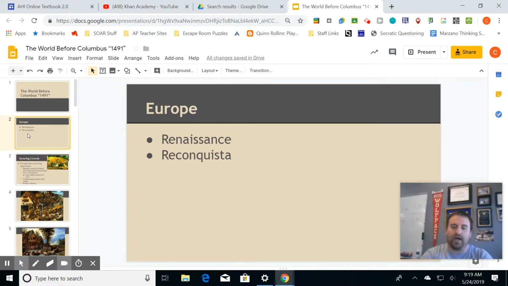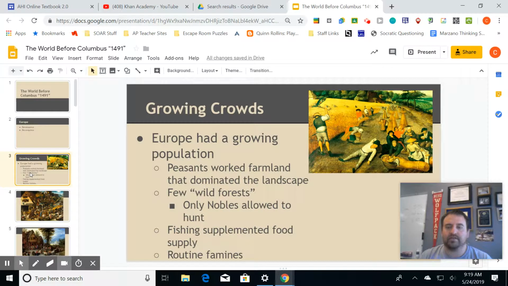These two forces really drive what's going on in Europe. So let's take a look at what's happening. How's the Renaissance coming about? What has Europe dealt with in the previous centuries? The big thing is that Europe is growing. They are starting to intensify their agriculture. So what does intensify mean? They are putting more and more land under crops. So less forests, less wild areas, more crops. Growing mainly wheat to make bread, and really that's going to be the staple of your diet, no matter who you are. Bread is going to be the big thing in Europe.